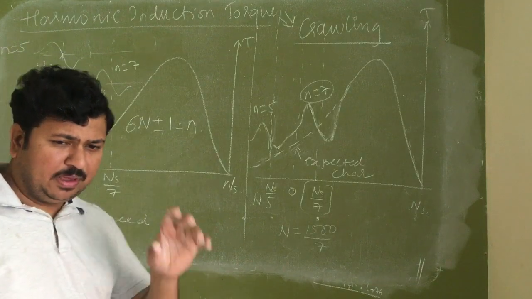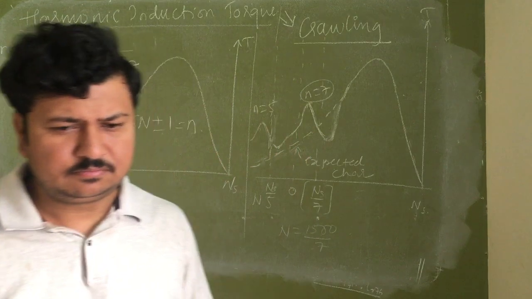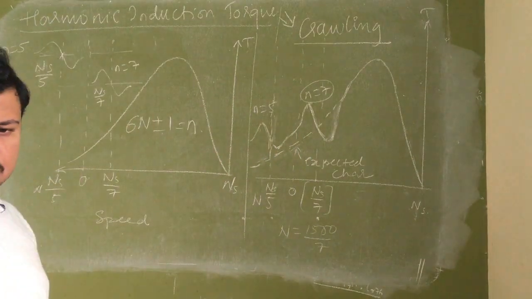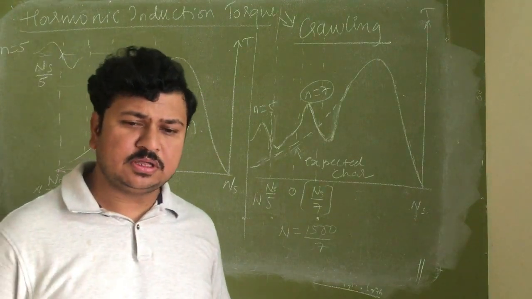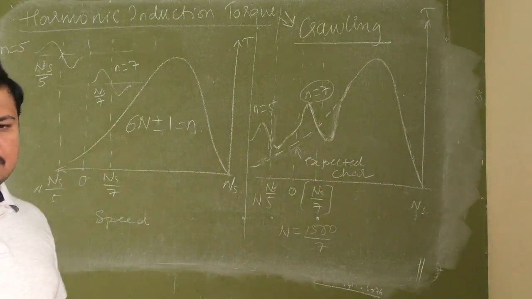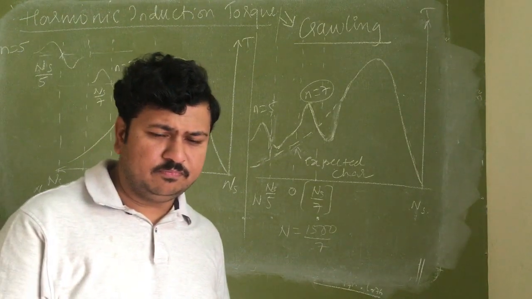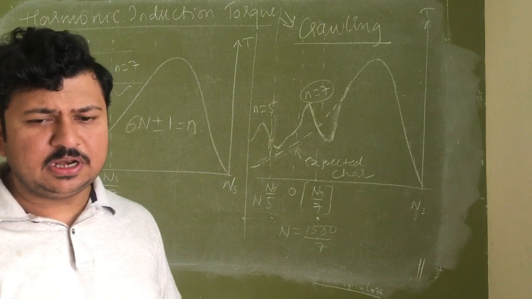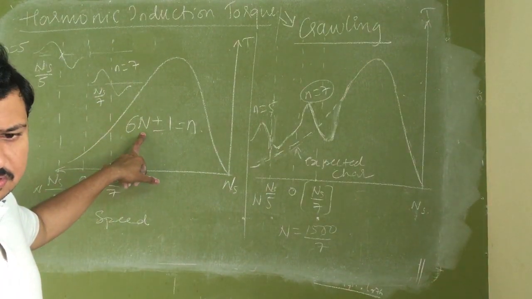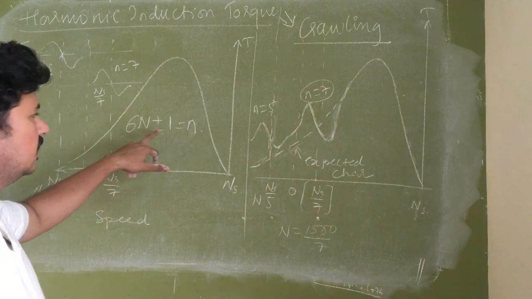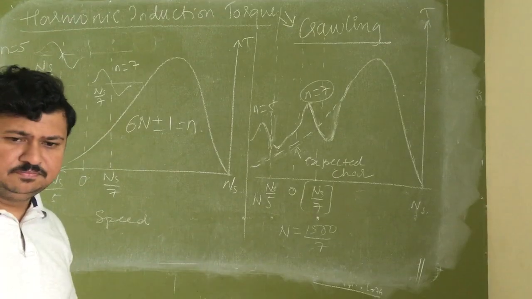Why? Because the magnitude of those harmonics is very, very less, so I can neglect them. Okay? As the order of harmonic goes on increasing, the magnitude of the harmonic component goes on decreasing. So after a certain order, even if the harmonics are existing, the magnitudes are so low that I can simply neglect them. So I don't consider what happens with n equal to 2, whether the order of harmonic is 13 or 11. I don't worry about that. 9th harmonic will not come into picture.